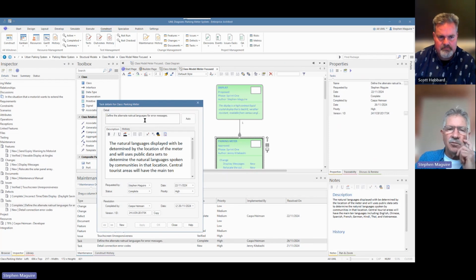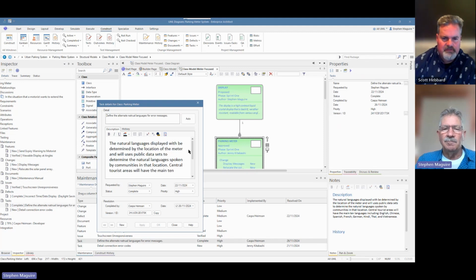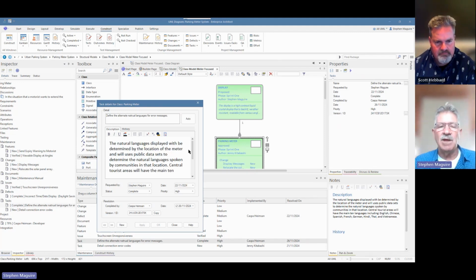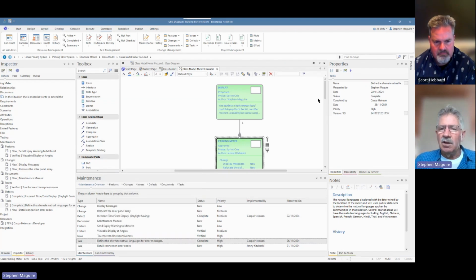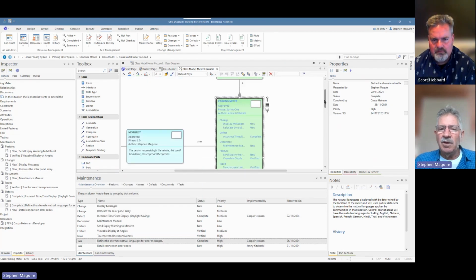Define the alternate natural languages for the error messages. So, an important aspect of a meter in a cosmopolitan urban city. And so, it's got a list of the languages that the messages should be displayed in. And I'm presuming that the interface would have something like a flag for people to be able to pick their country or their language. So that's a very useful thing, Scott, and you'll see that the info view has been